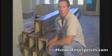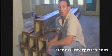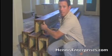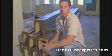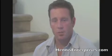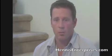Wood beams can add drama and appeal to any architectural style. Today we're going to demonstrate how faux or fake beams can easily be installed with just a minimal amount of tools, effort, or skill. The foam beams can be installed just by two people because they're made of a lightweight